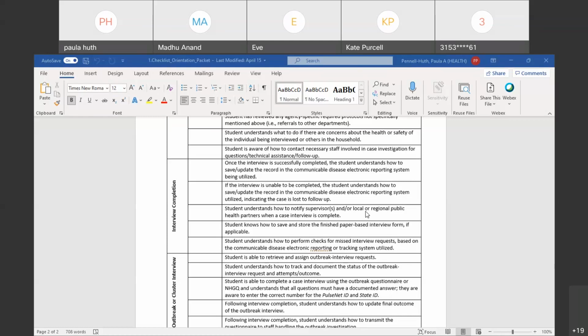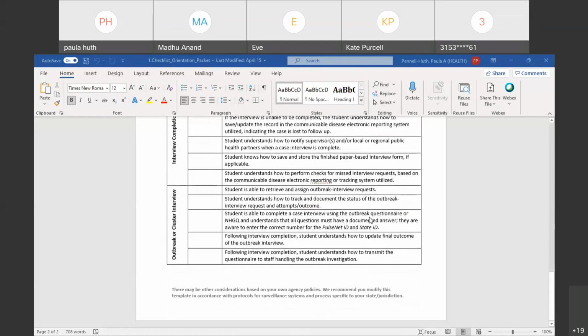So where do they store that finished paper form? And at the same time that they're filing away the completion, you can also check for missed interview requests at this time, just as a checks and balances system. And then the last section here really just pertains to the outbreak or cluster interviews, some special considerations when you're